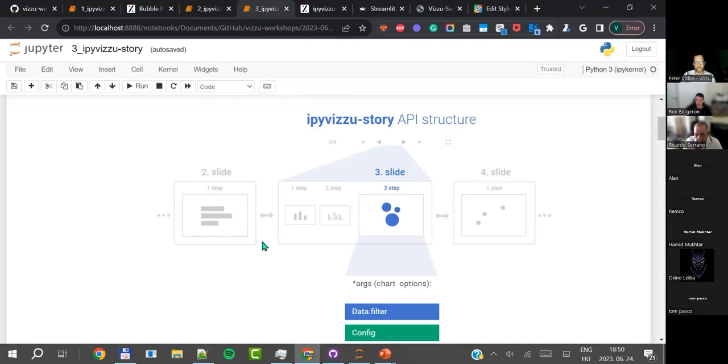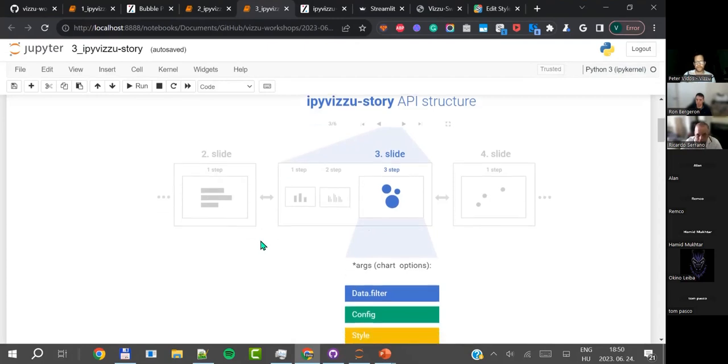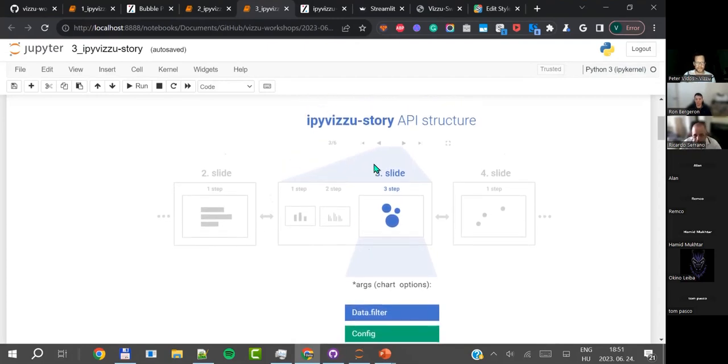The way it works is that it introduces two new concepts. One is called a slide, and the other is a step. A slide is basically a phase where we stop in an animated presentation. It can include one step or more than one step, and a step is just a phase in this animation. So in this graphic, the second slide has only one step, the fourth slide has only one step, whereas the third slide has multiple steps. When we animate from the second slide to the third slide, we go from the second slide through the second step, and stop at the third slide.